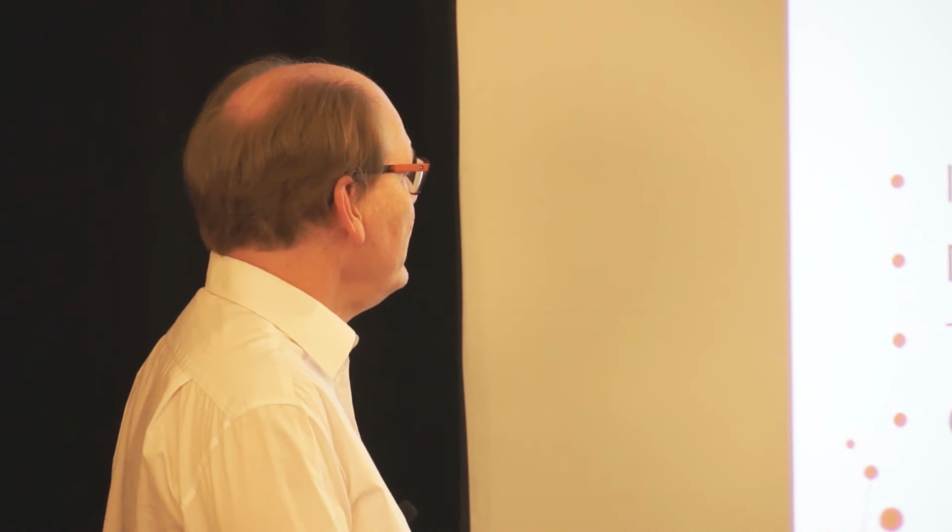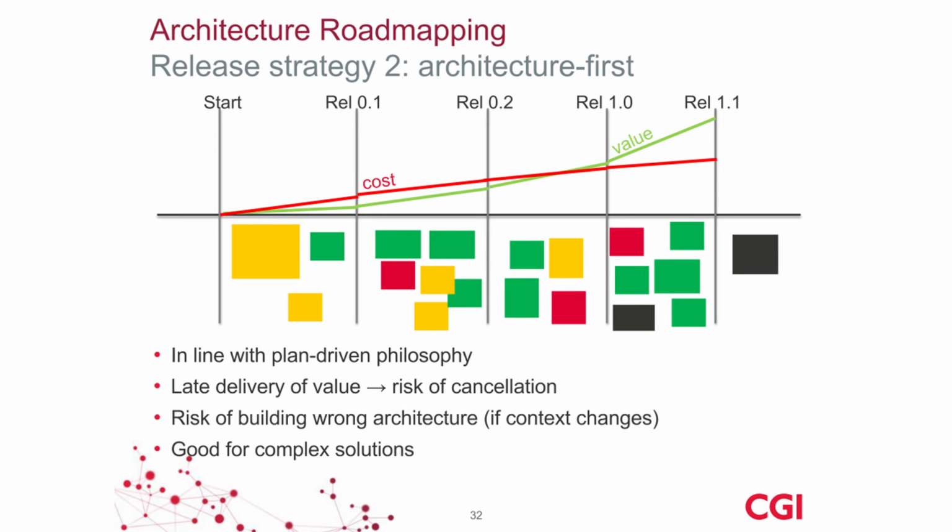And if we do that too early, if we build too much architecture too early and everything changes around us, that will just be ballast. So then this curve will look completely different. The other extreme, architecture first road mapping, is where we start building a big architecture framework. We have one green thing here, maybe it's Hello World. But first we have to be absolutely sure that the architecture framework is right before we actually continue building